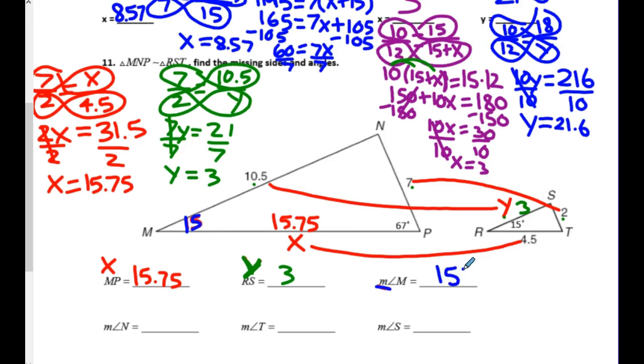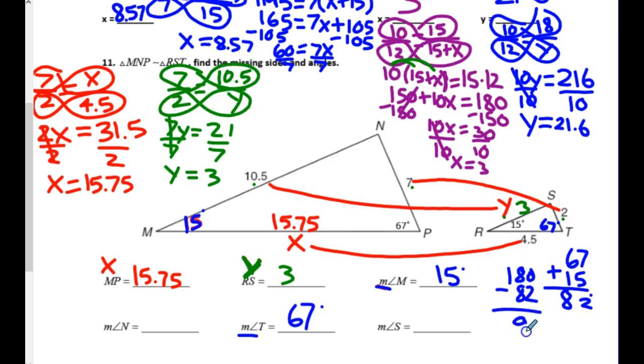Okay, let's skip over to angle T. The measure of angle T, well, P corresponds with T. So if P is 67, T is 67 degrees. Now we've seen this before where we know two angles and we're missing the third angle. So what do we do? We add them up and we subtract from 180, because inside of a triangle it's 180 degrees, right? So 67 plus 15 is 82 degrees. And then 180 minus 82 degrees